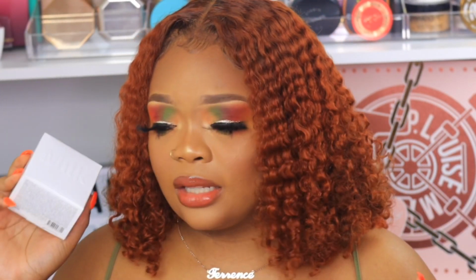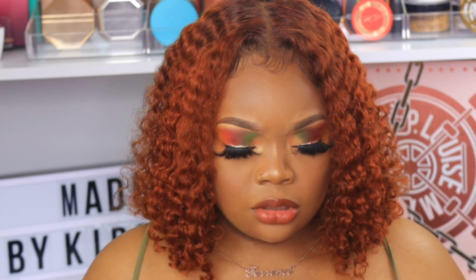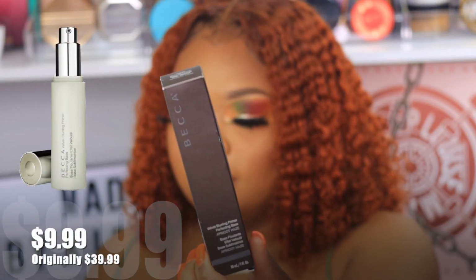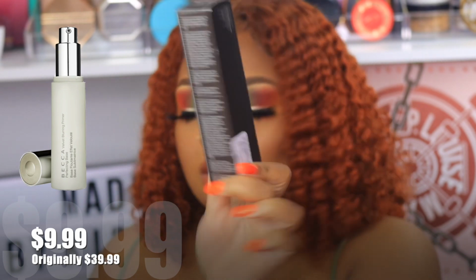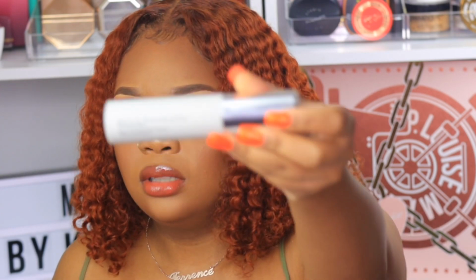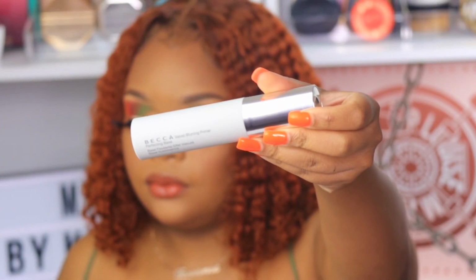So I found that in Marshalls, and then I also found, what else did I find in Marshalls? I also found this Becca Primer. It is the Velvet Blurring Primer Perfecting Base. And Becca is not cheap either, so I'm pretty sure this one retail is probably about $30 to $35. Yeah, those are only 3 things I got out of Marshalls, because I wasn't trying to spend too much money,